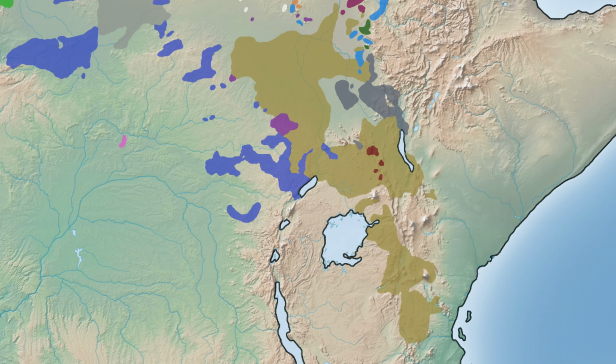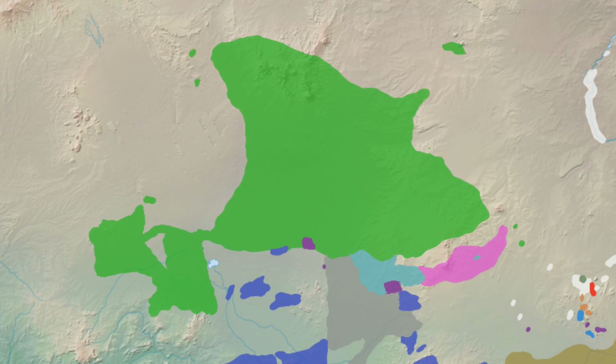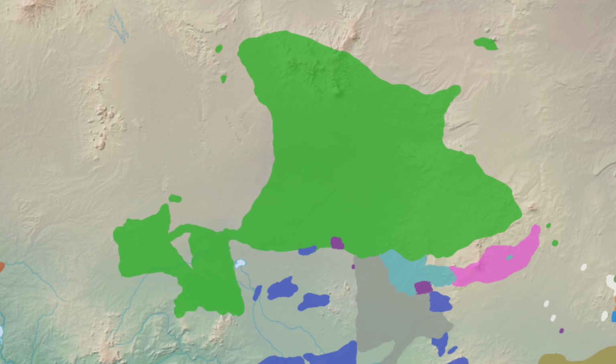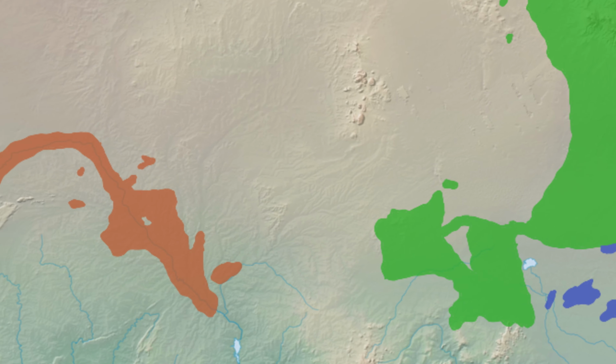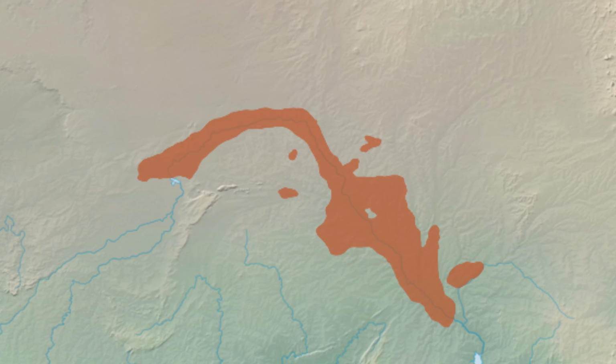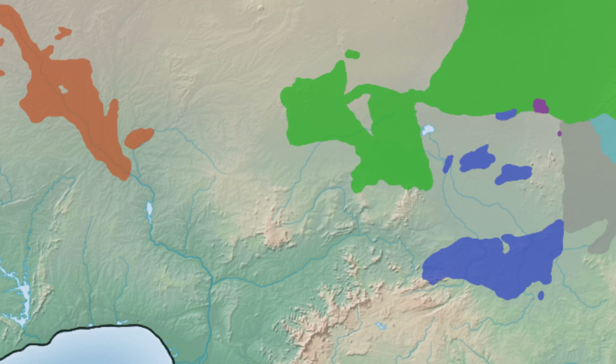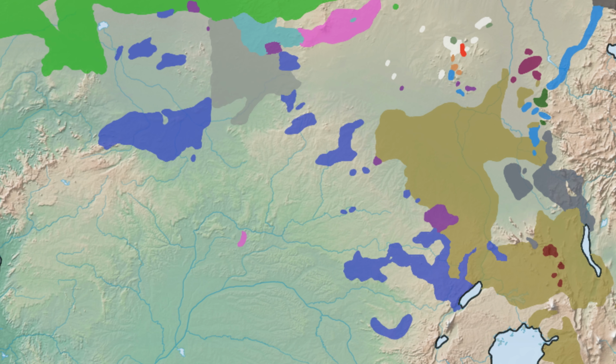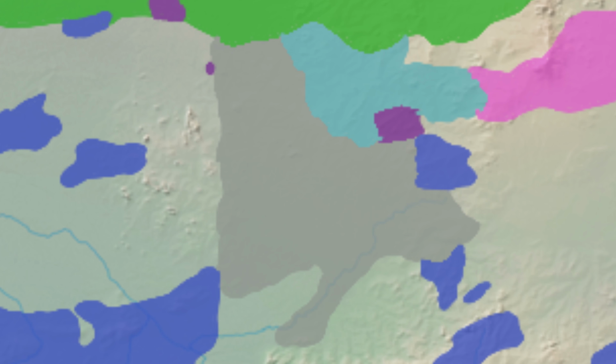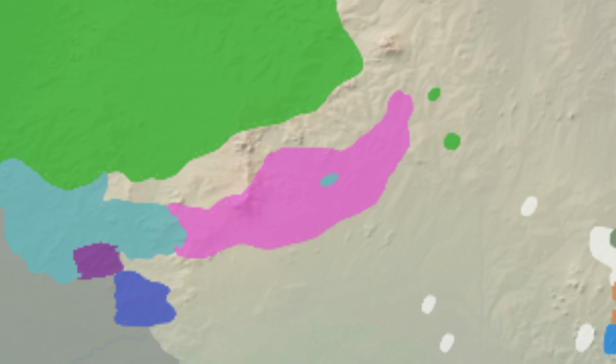The largest subfamily is Nilotic in tan, with around 31 million speakers, and languages such as Luo, Dinka, and Nuer. The second largest subfamily is Saharan in green, with around 10 million speakers, and languages such as Kanuri and Daza. The only other subfamilies with over 5% of speakers are the Songhai languages in orange and Central Sudanic languages in dark blue. The rest of the families are small, with Maban in gray, Fur in pink,